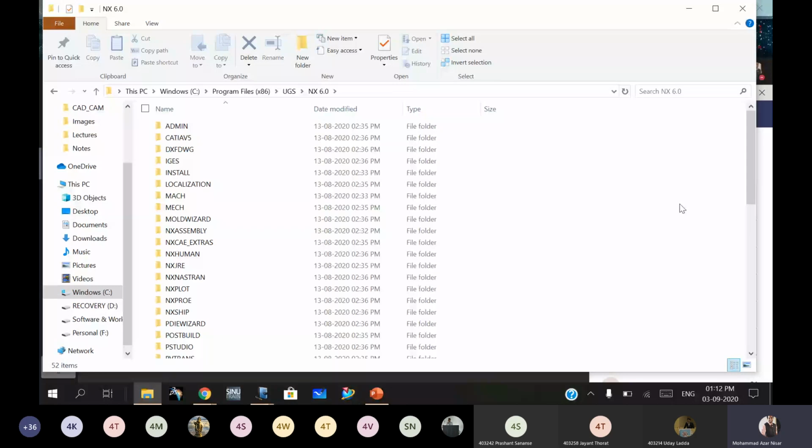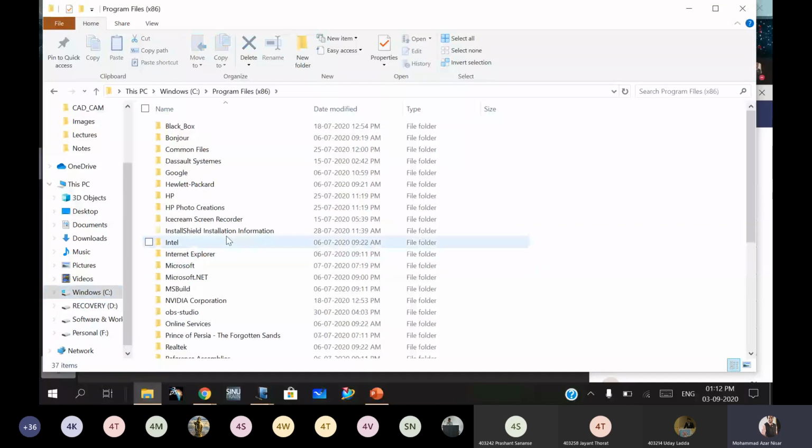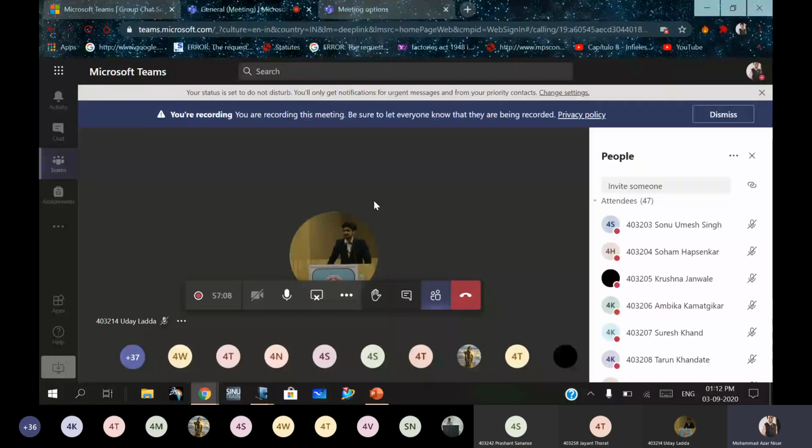So you have to first install your product, then install the license by providing that NX6 license file that is in Magnitude, and in that Magnitude there are four folders in the NX6 folder. You have to paste them over here in the UGS folder in C drive, that is Program Files x86. Then you'll run easily. So you have to just download that first and then install the software, so that for practical you can work with me simultaneously. Any questions regarding today's session?